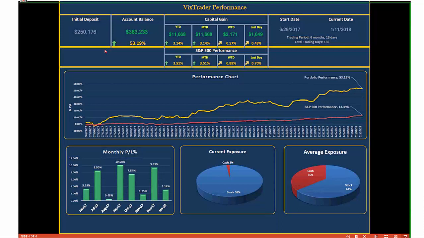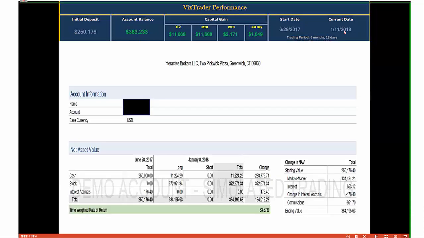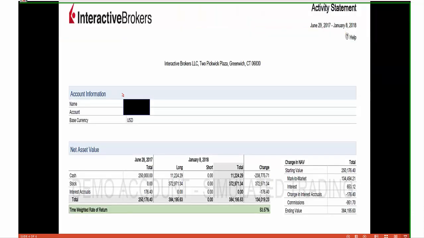This is kind of wild, right? So if everyone says, well, can I make money using this? This is a performance chart, statistics, and all the relevant information on the VIX that we've been using since we initially started last June, by the way. Initial deposit and current account balance, by the way. And this is the activity statement, which, don't get upset, it's not run through Thinkorswim, of course, but just to share with everybody, this is a pretty wild rate of return. And as far as mark to market and the ending value.